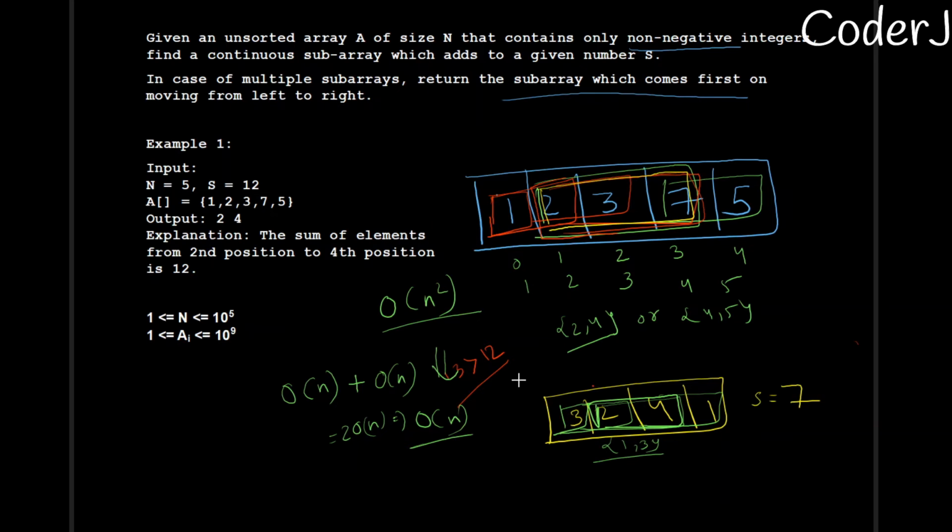Let's revisit the logic. It's very simple. If the total summation of elements inside the window is smaller than the sum provided to us, we'll add an element. If it is equal to the sum, we'll say that this is the answer. Because we are moving from left to right, the first window we encounter is going to be our answer. If the total summation of elements inside the window is greater than the sum provided to us,